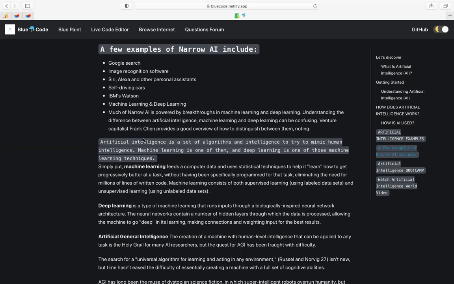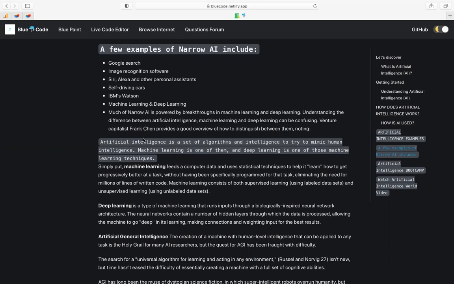So it's a set of step-by-step processes that tries to actually do what human beings can do. And machine learning is one of them. Deep learning is one of those machine learning